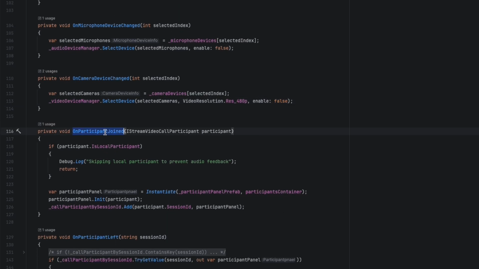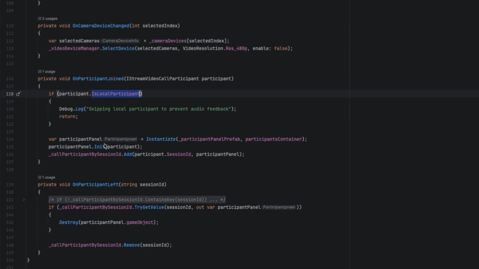This is on participant joined, like in the stream script. If it is the local participant, we return, and here if a new participant joined, we associate the prefab under the participant container, and this prefab holds the audio source and data of the respective player. And here in this script I will show you how. Then we call the init method of the participant panel script,